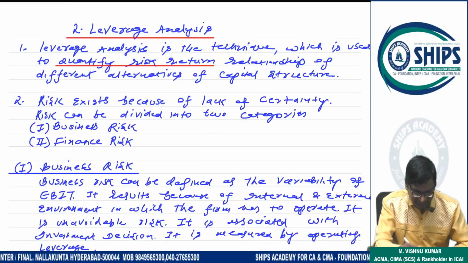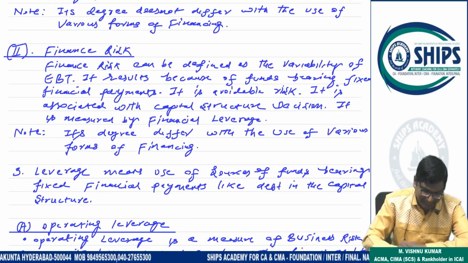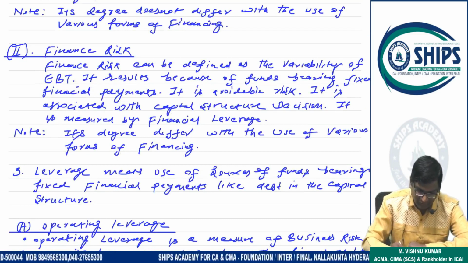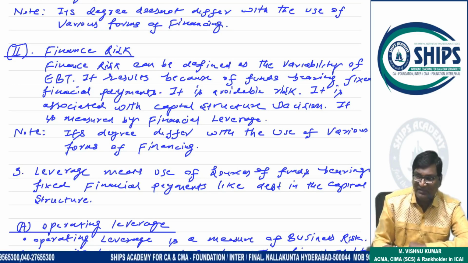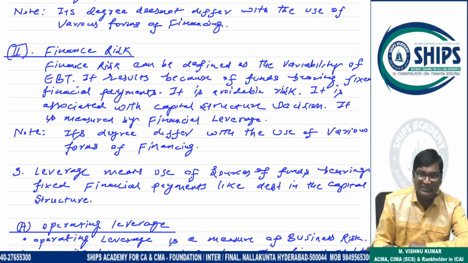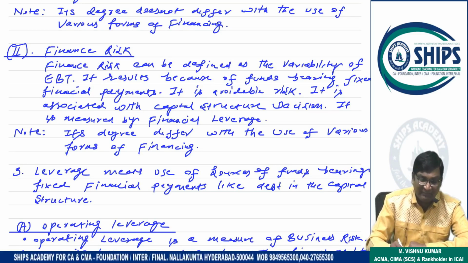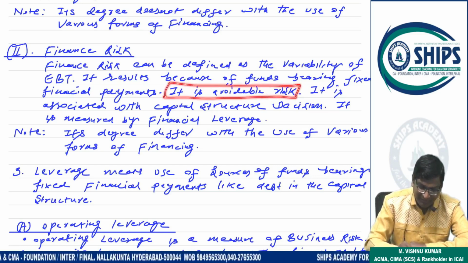ओके, तो देखिए अब। तो फाइनेंस रिस्क कैन बी डिफाइंड एज वेरिएबिलिटी ऑफ ईबीटी। इट रिजल्ट्स बिकॉज ऑफ फंड्स बियरिंग फिक्स्ड फाइनेंशियल पेमेंट। फिक्स्ड फाइनेंशियल पेमेंट मीन्स व्हाट? इंटरेस्ट एंड प्रिंसिपल अमाउंट ऑफ डिबेंचर। इट इज अवॉइडेबल। क्या बोला मैं? बिना उधारी के भी जिंदगी गुजार सकते हैं।